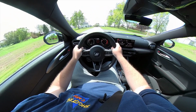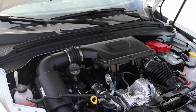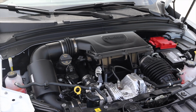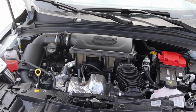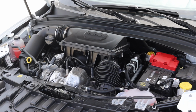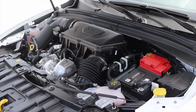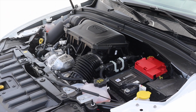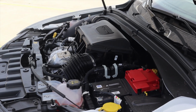However, we should touch on reliability, somewhat up in the air for these vehicles. I know the Fast Lane Truck did a review of a Hornet GT all-wheel drive system, and it basically broke right away. But at the same time, the owner of this Hornet GT has owned a lot of Dodge Darts, which share similar engines, similar transmissions, and are from the same company, and he said he hasn't had any major issues with his vehicles. In his time of owning Chrysler products, they've all been great for him,